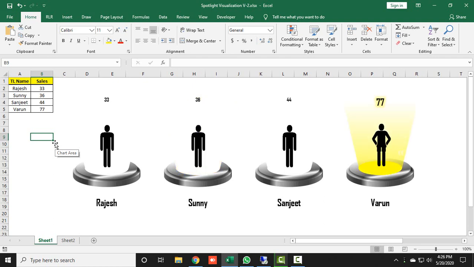Alright, so this is a unique technique to show your MIS report, zonal dashboard, or client report more beautiful and more effective. So before wasting any extra time, let's go to a new workbook and learn how we can create this.